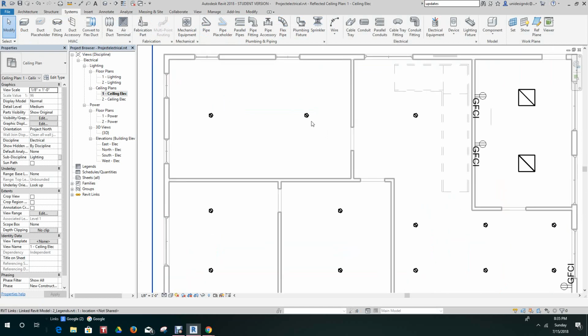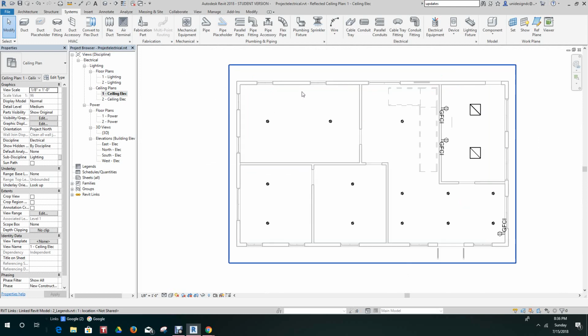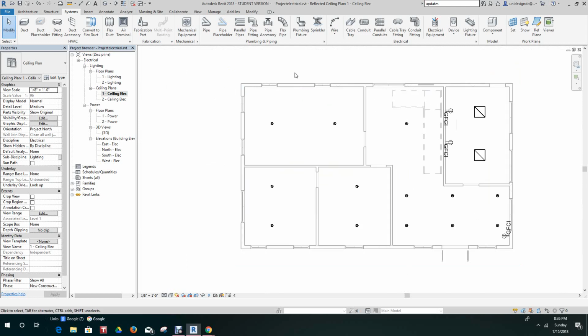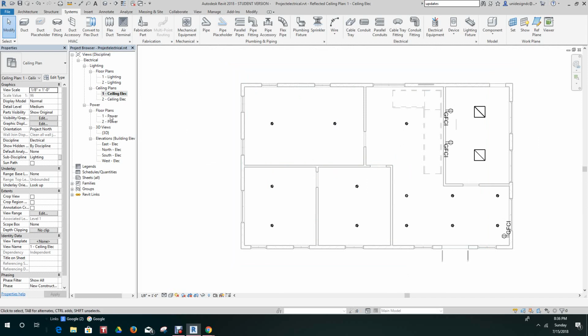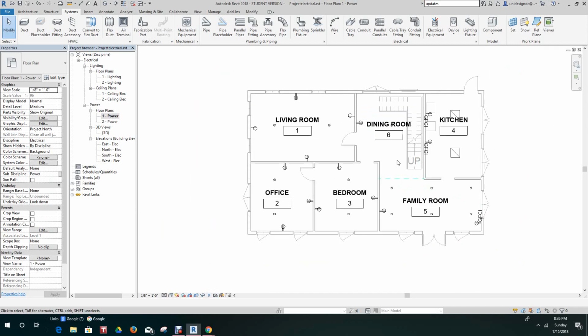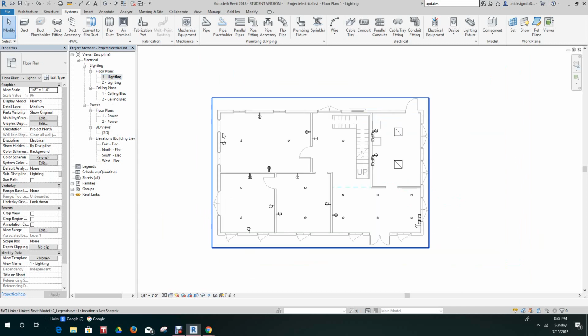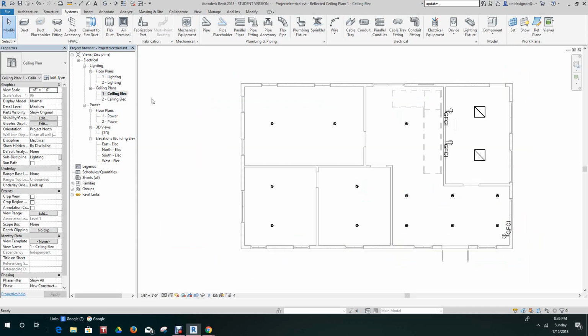Now we're in our link model. We have our light fixtures, and what's happening here is these lights are going to the ceiling of the link model. So now we have our floor plan done, and we have our lighting done.